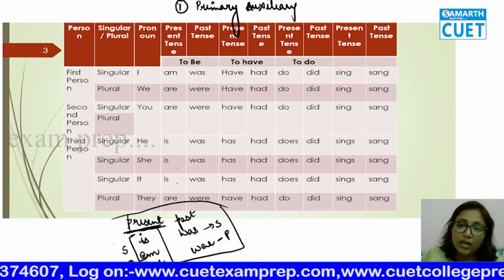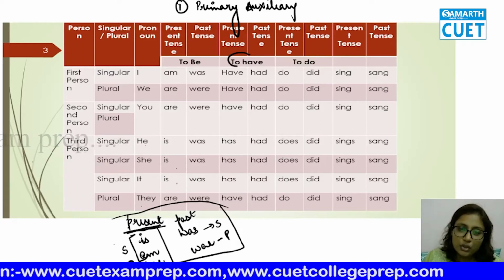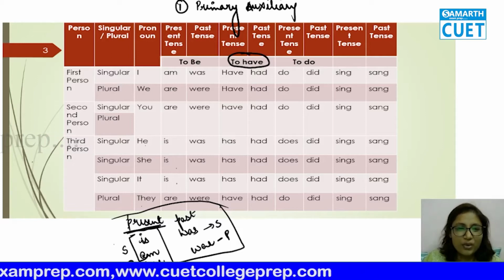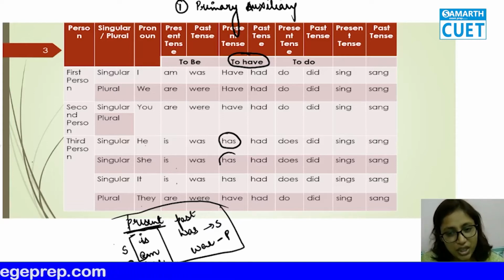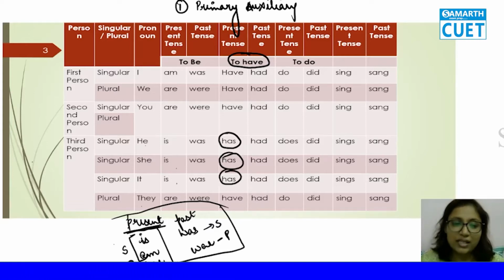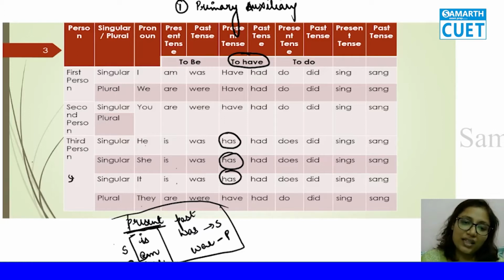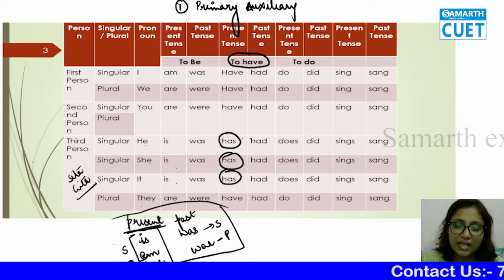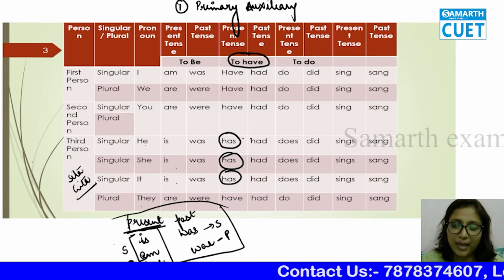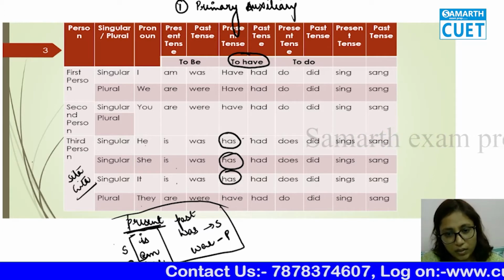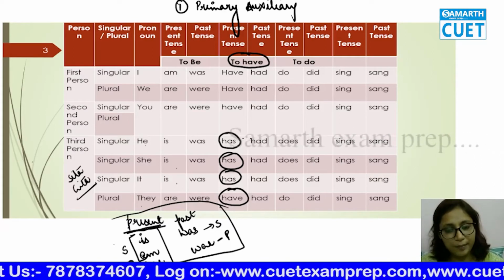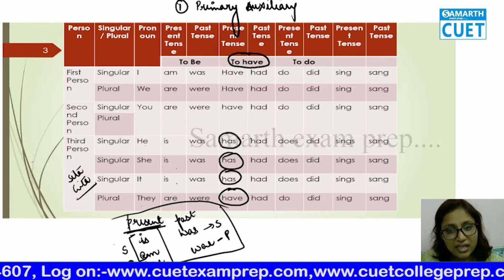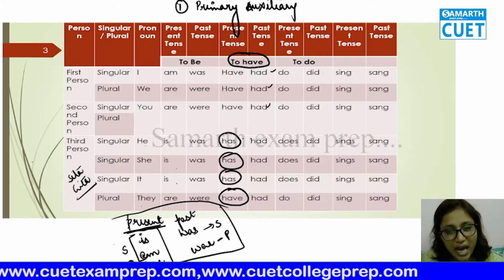Okay, now we come to the second one, that is to have. That means the have verb. So we are going to use have for everything except he, she and it. Except he, she and it, we are going to use has. Even the names which I rubbed off, like Sita, Geeta, will also take has. Sita has a pencil. Geeta has a pencil. They have a pencil. It has a pencil. Understand?